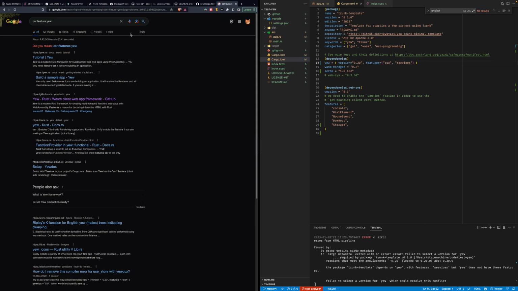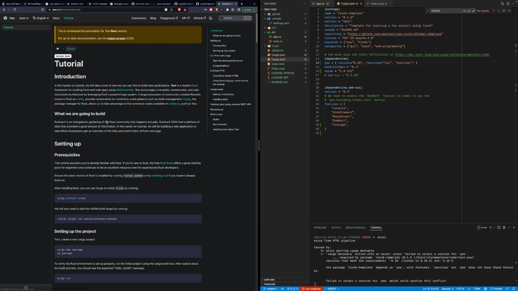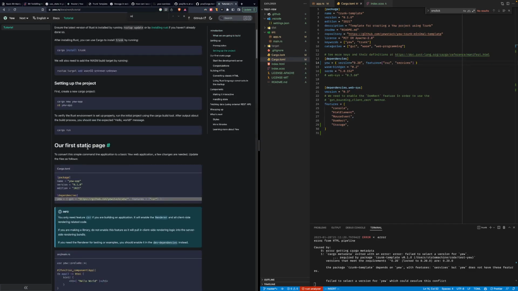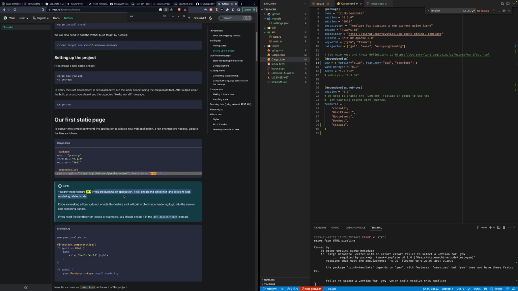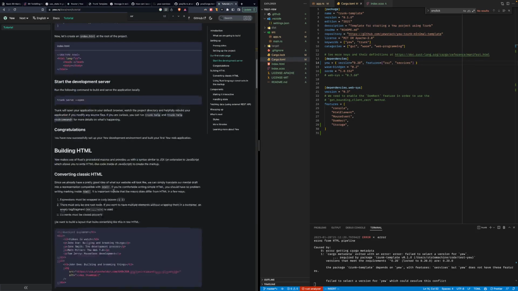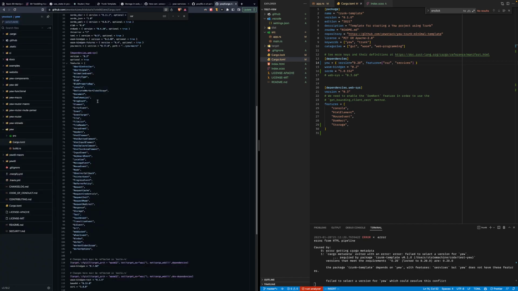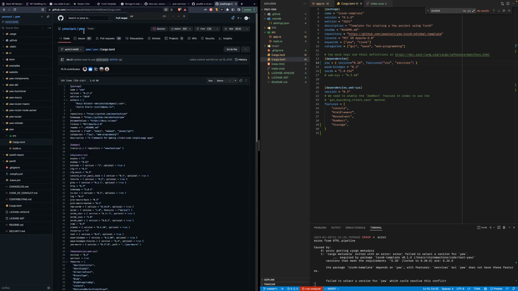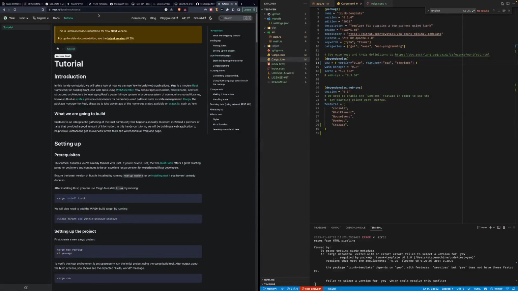Can I find anything? You only need this if you're building an application, it will enable the renderer and this. If you're making a library, do not use this. Okay. Why can I not access? Which version is the latest Yew version?